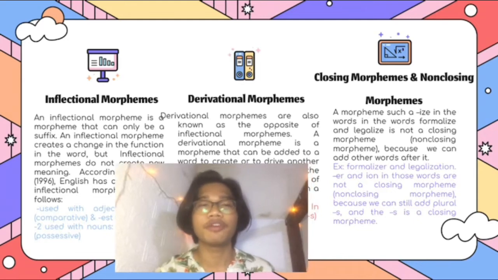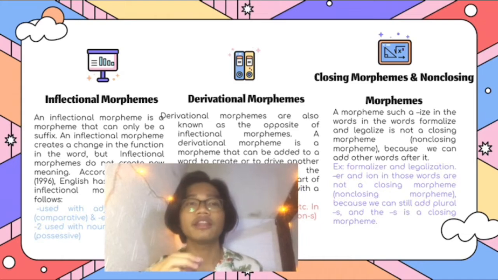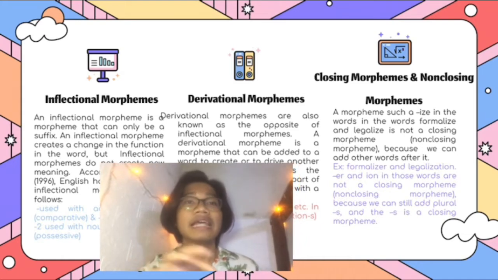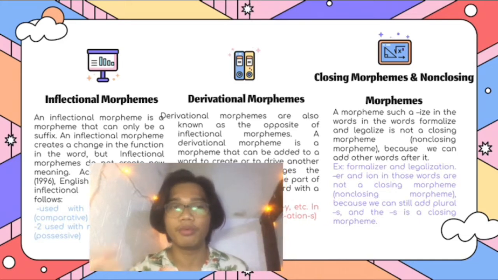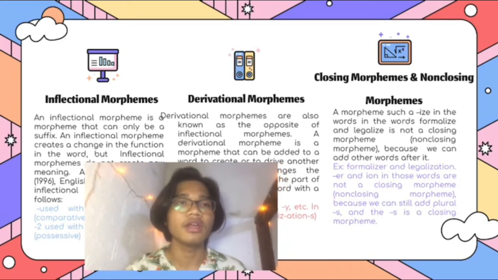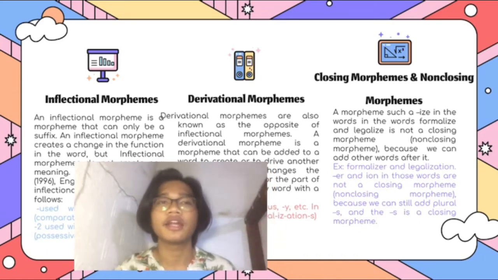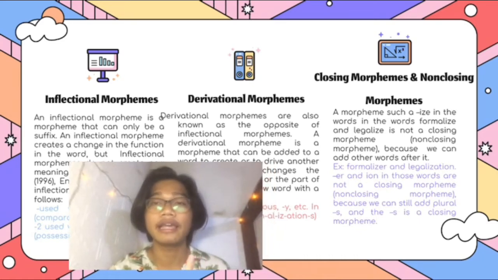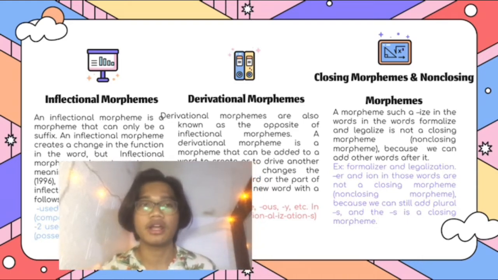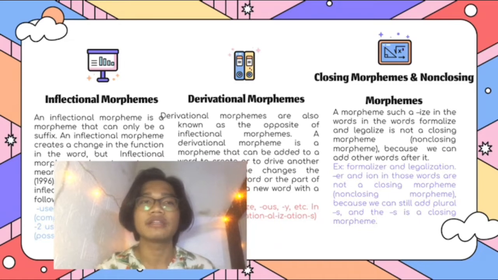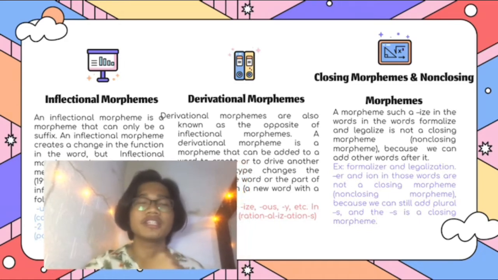A derivational morpheme is a morpheme that can be added to a word to create or derive another word. This type changes the meaning of the word or the part of speech, or both. For example, the suffix -ation, the prefix un-, the suffix -al, the suffix -ous, and the suffix -y, etc. For example, in rationalization, there are